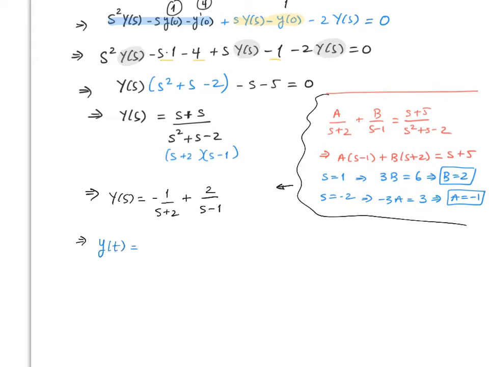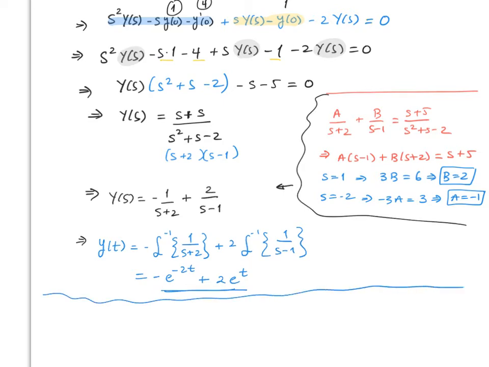So y(t) will be minus the inverse Laplace transform of 1 over s plus 2, plus 2 times the inverse Laplace transform of 1 over s minus 1, which if you look at the table, this is just minus e to the minus 2t, and the other one will be 2e to the t, and that's it. That's the answer. Now, if you remember from chapter A, just to refresh your memory,